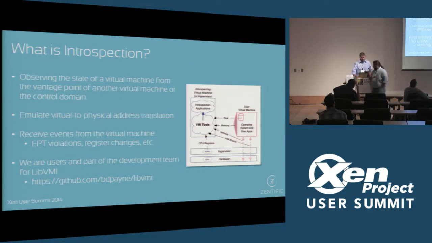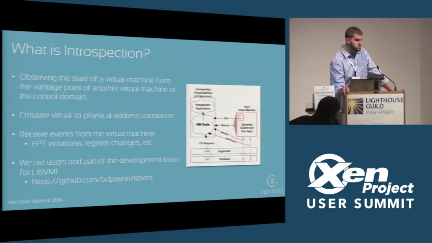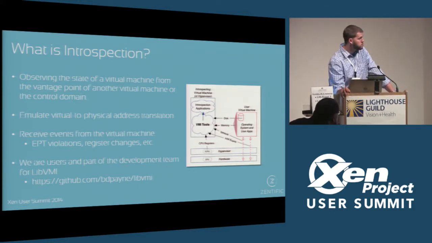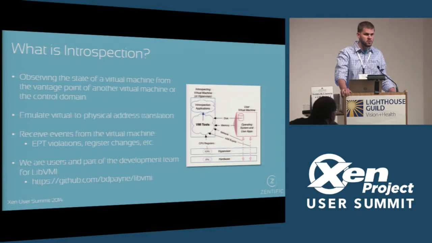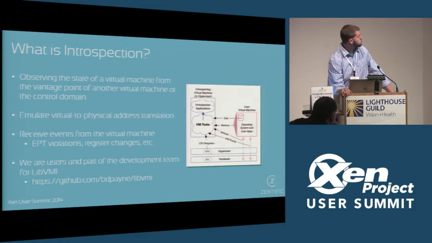So like we said, it's observing a virtual machine from another perspective. That could either be the control domain, Dom0, or you can be in another user VM, and then we manage the access to the other VMs using XSM. The main operation to get to that memory is performing that virtual to physical address translation, deciding what address we're looking at in what VM, and what's the offset, how are we actually getting to that address. In what process? Right. What's the content?